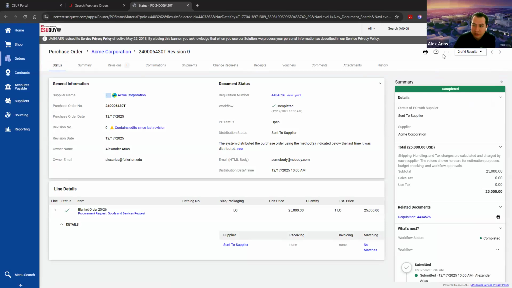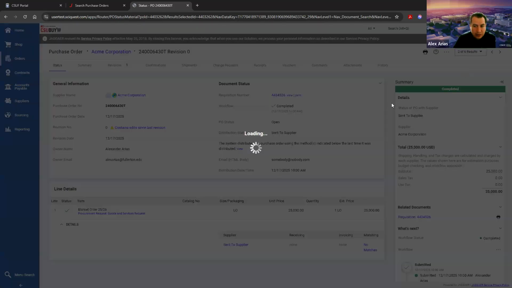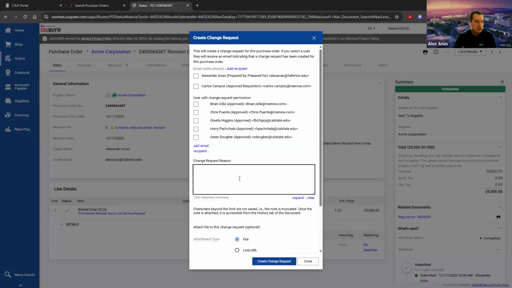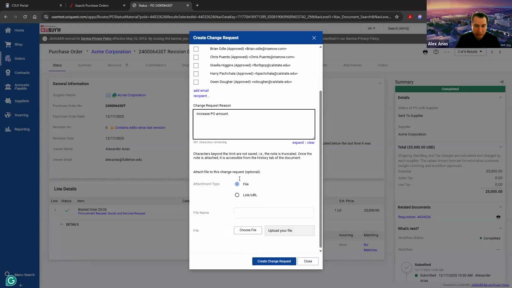So this one doesn't have any change request pending, so I'm able to go in the ellipsis. You can hit create change request. What this does is it makes you put in a reason why you are creating the change request. So maybe I'm just going to say increase PO amount. Again, you want to be descriptive. Why are you changing it? But I'm just going to say increase PO amount. Once I hit create change request,